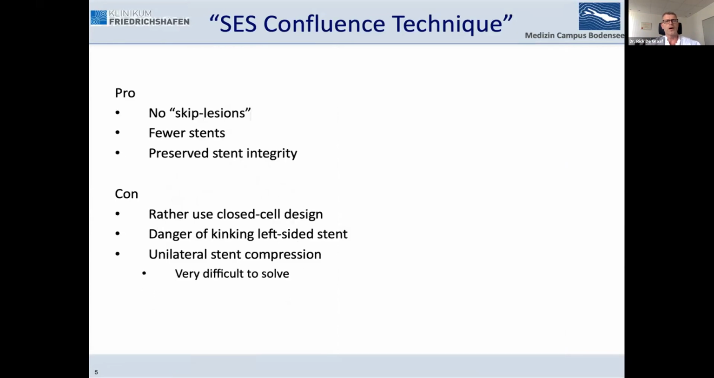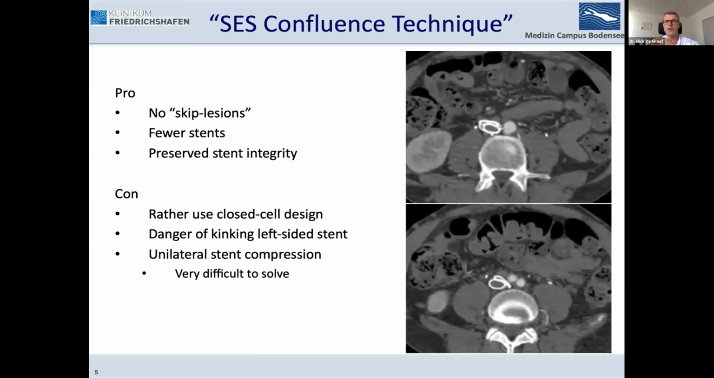So there are other cons. First, the pros. So large stents inside, there are no skip lesions. I don't know if skip lesions really matter, but there's always talk about that. We should not have skip lesions, definitely based upon the literature by Necklin. Of course, you use fewer stents, you don't have the double barrel configuration, and you preserve stent integrity. So that's all good. But the cons are these nice examples where